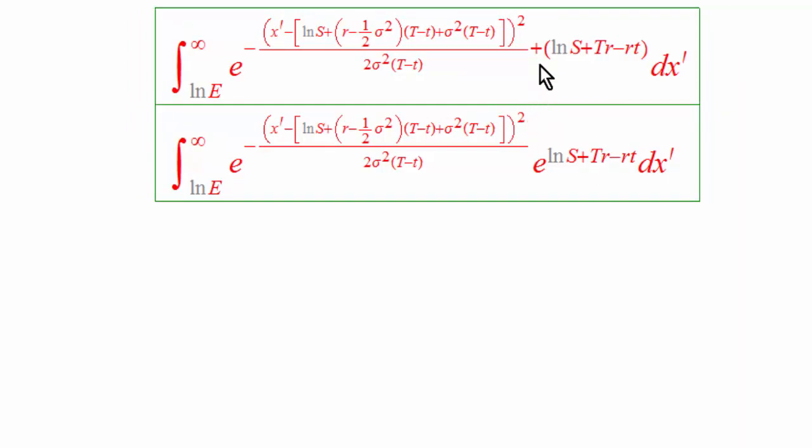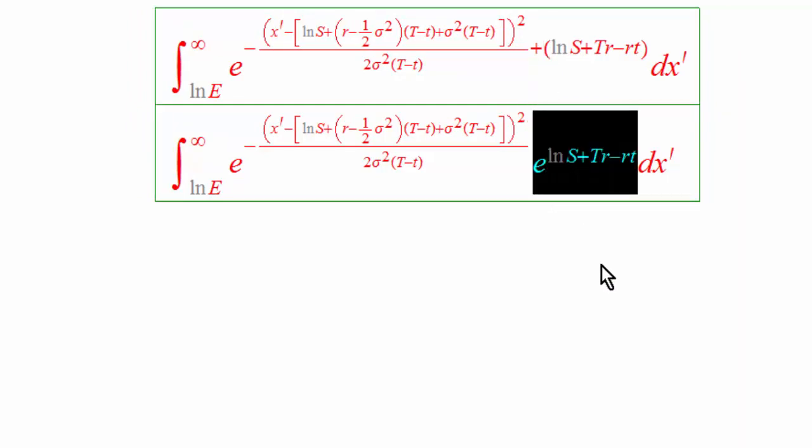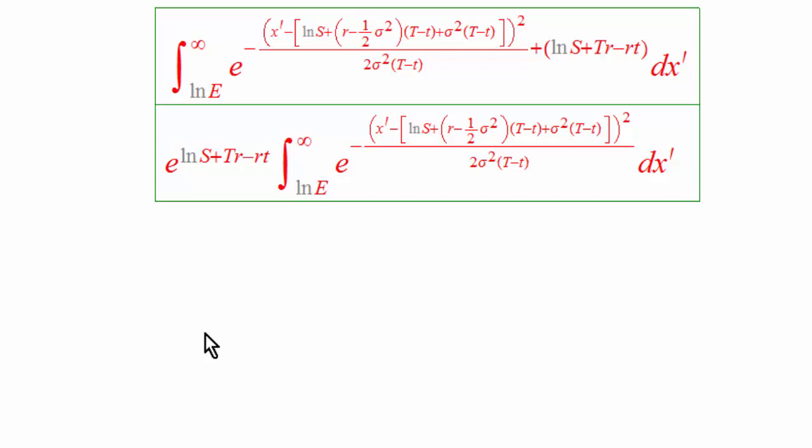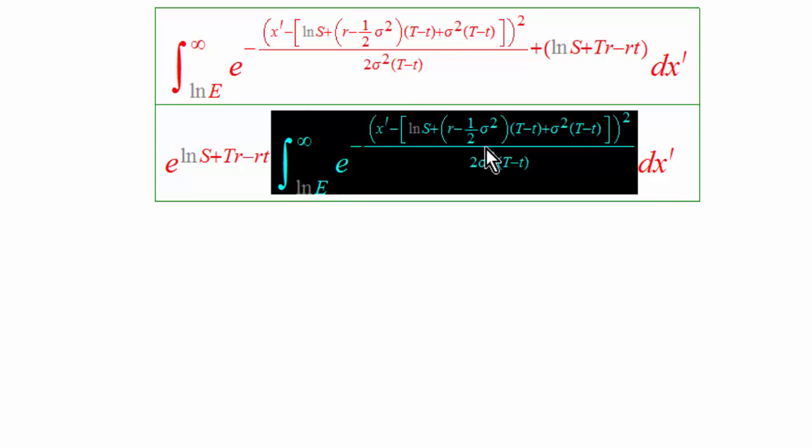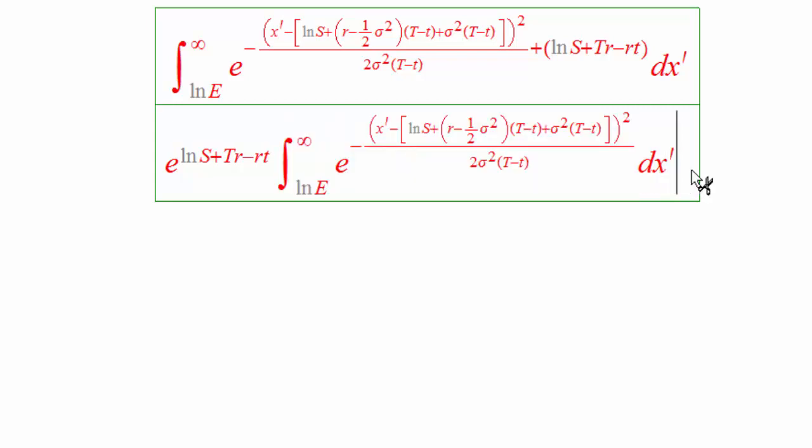All right, now, so that's common base here. This has no x prime on it, so it can go all the way outside of the integration bracket. And we can do a few more things with this e to the ln. Well, let's do that at the end. So now, where are we? We're going to integrate this expression. Well, no, we're actually going to try and compare it to